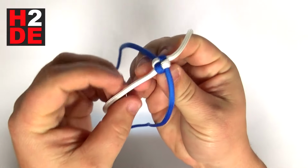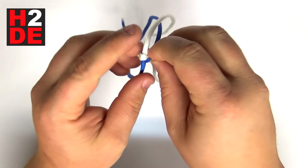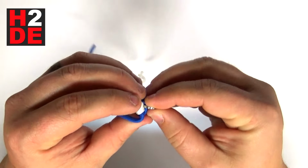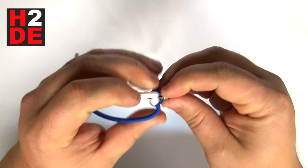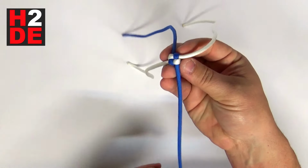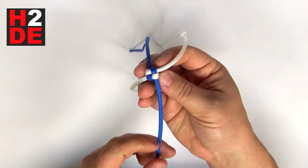There you go, just like that. And you'll notice on the back side, the blue one is what's looped with the keychain. We'll loosen that up here in just a second, but for now we'll keep it tight. So now that you have that, the first thing you want to do to start building your actual keychain is